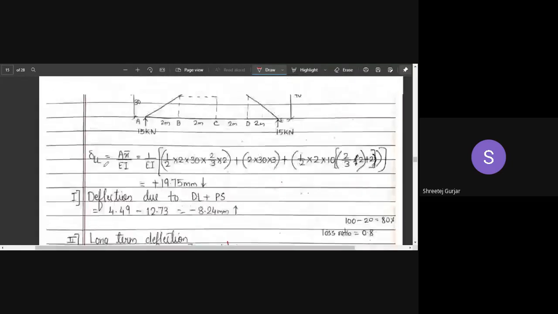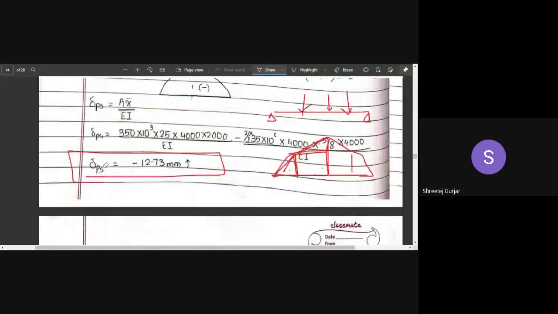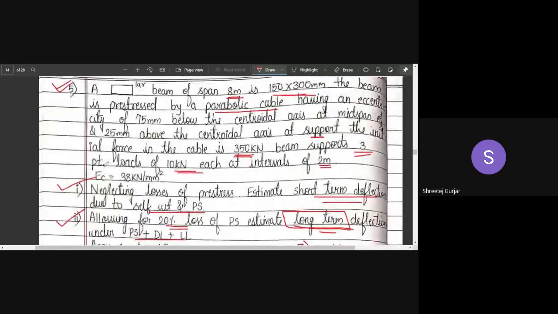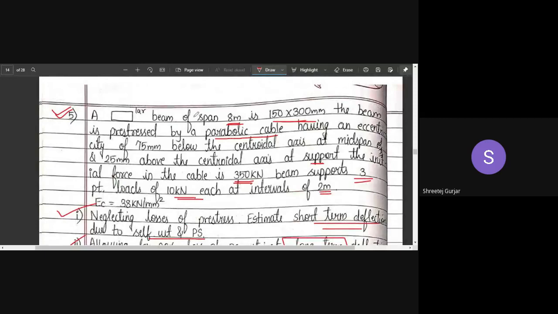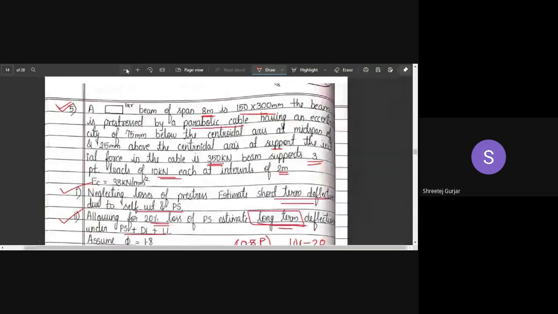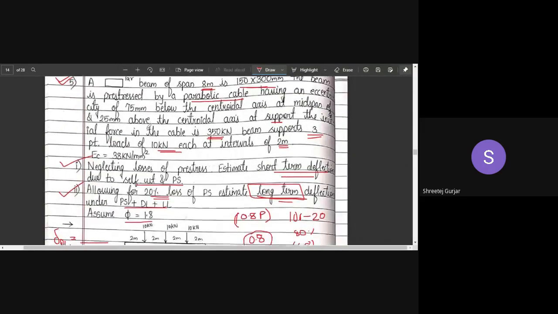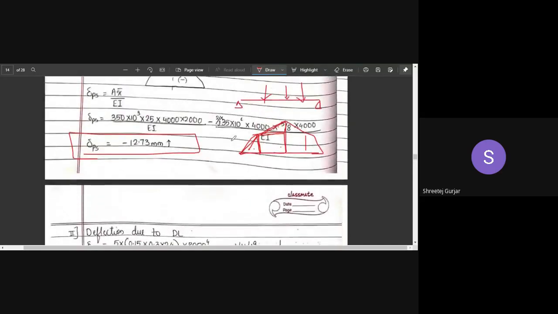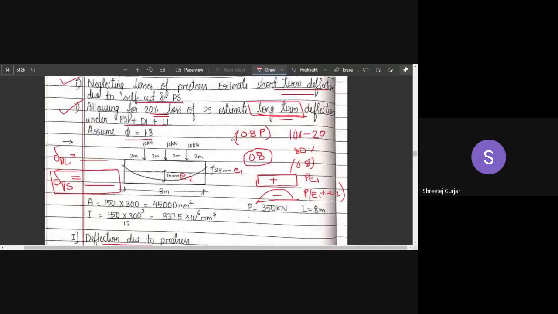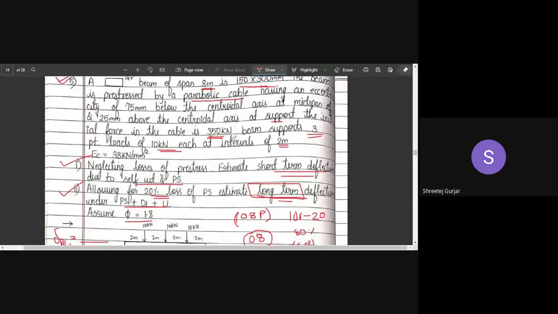You can try at home. If you have any doubt, please let me know. We'll try to solve it in the next class. It is a very easy problem, hardly 1 or 1.5 page problem. The only tricky part is over here. This part is a bit tricky. You try to solve, and if you don't understand any of it, feel free to ask at any time.